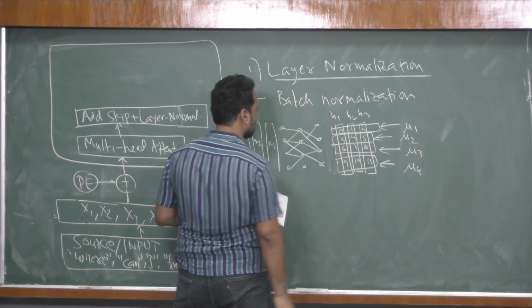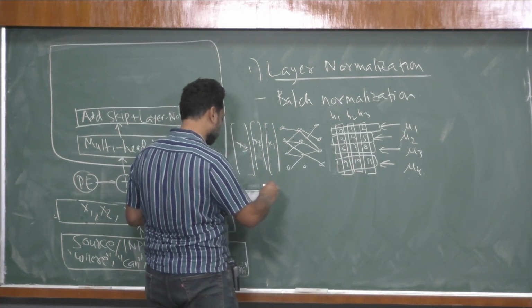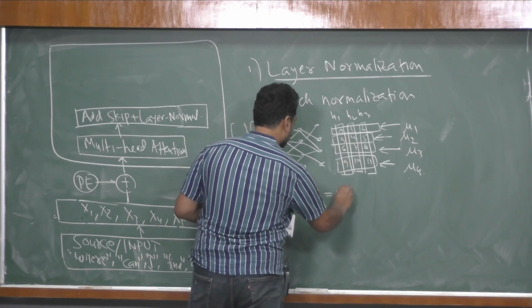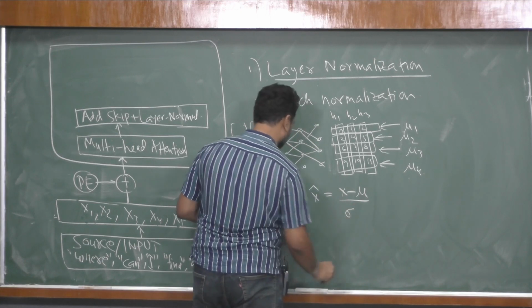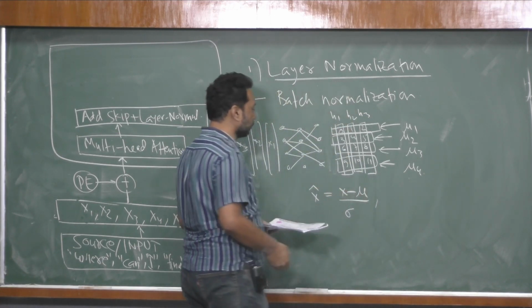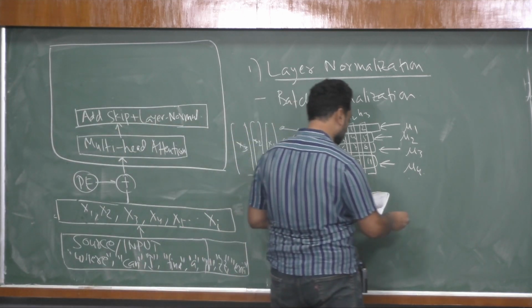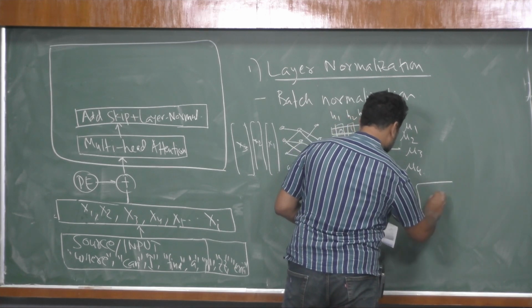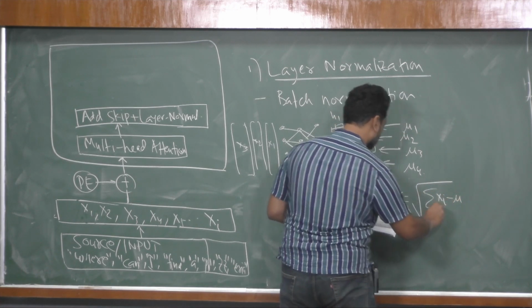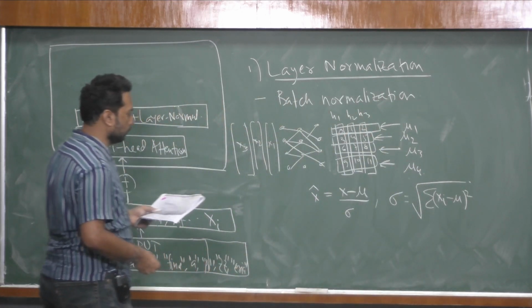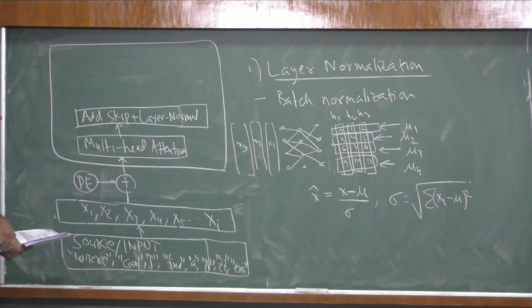So the way the normalization of data happens is that we have this mean computed, and then what we compute is x hat, which is (x minus mu) by sigma. Okay, and then mu is computed from there. Okay, and we do the subtraction of the mean from there, and then we divide by the sigma. So in this case, again, sigma will be computed from xi minus mu. This is the formula for sigma,